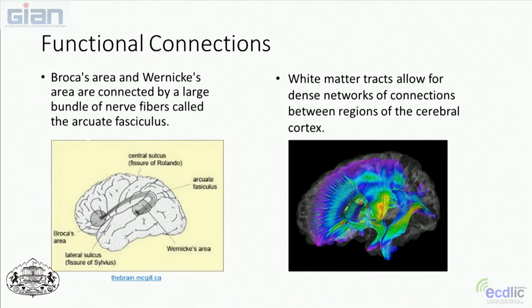On the right side is a picture of white matter tracts. And these white matter tracts are that white part that I showed you inside the brain. And the picture you're seeing there is an image of a newer technology called diffusion tensor imaging. This is a tractography type of imaging, and we're going to talk about it more in a later lecture. But it's a very new technique that allows people to see these connections between the brain and these white matter tracts. They make some beautiful pictures with them.